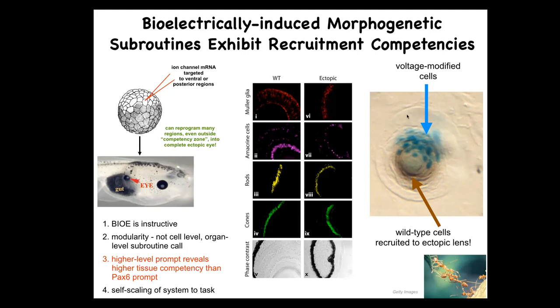The other thing is that here, this is a lens sitting out in the flank of a tadpole somewhere. These blue cells, they're marked with beta-galactosidase. They are the only ones that have this new channel. Now, why are all these other clear cells, so these are native cells that were not manipulated by us, why are they participating in this construction project? That's because another competency of this material, which all of this is really attractive for regenerative medicine kinds of things, is that these cells know when there's not enough of them to make a lens, and what they do is they recruit their neighbors to help complete this process.